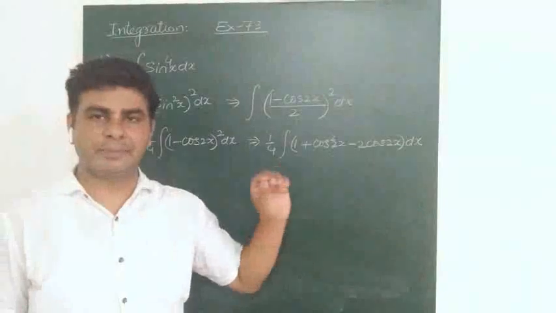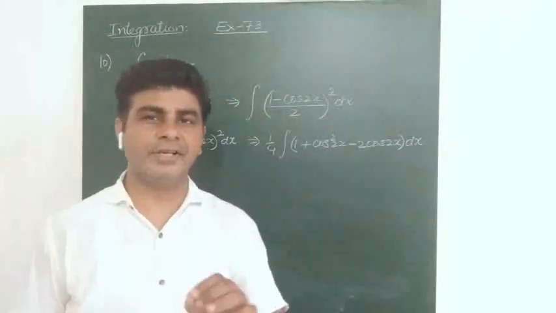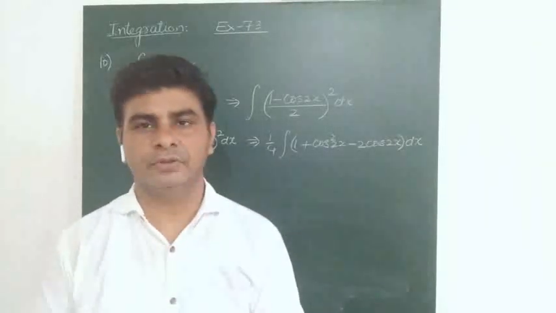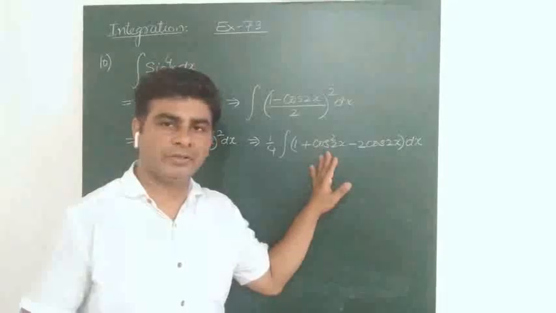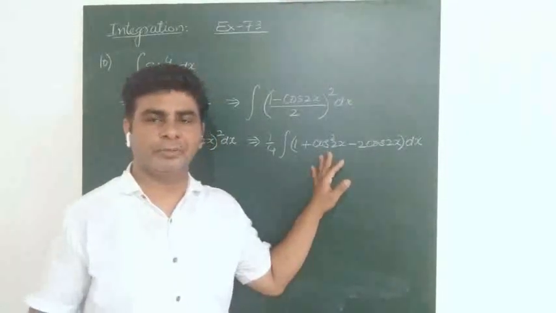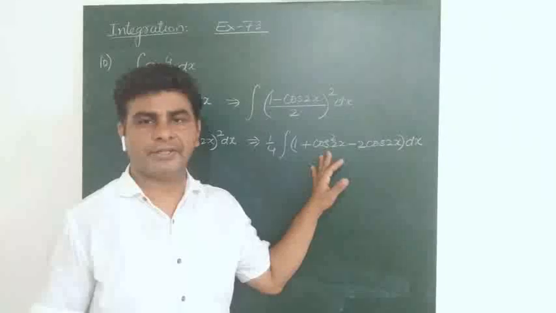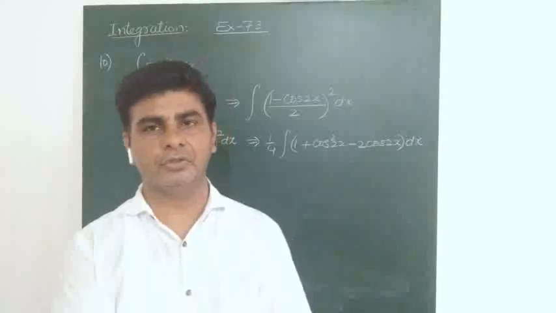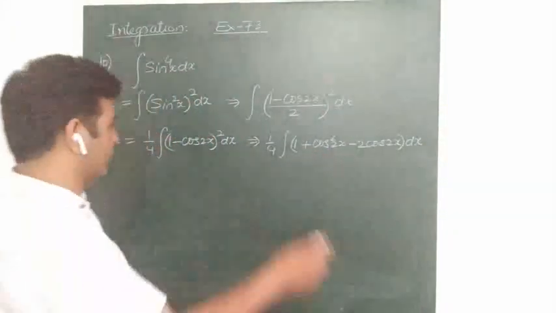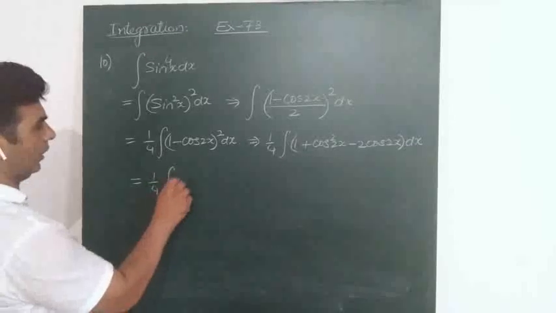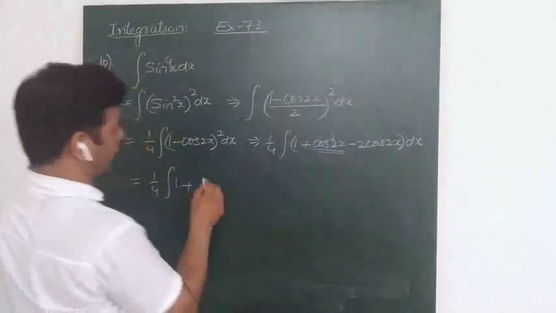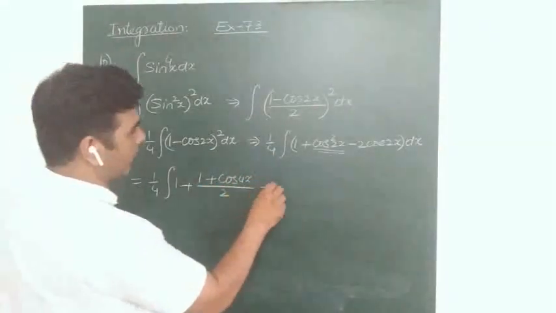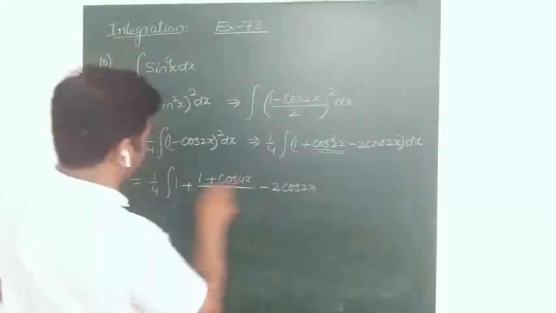Now all terms are in separation form, but a problem arises in the case of cos square 2x, because again we got a power. But this is very much familiar to us. How can we reduce the square of any trigonometric function? In case of cos square x, we can write it in the form of 1 plus cos 2x by 2. So we will do like this. Again, write down 1 plus, this cos square can be reduced by 1 plus cos 4x upon 2, minus 2 cos 2x, and whole integration.